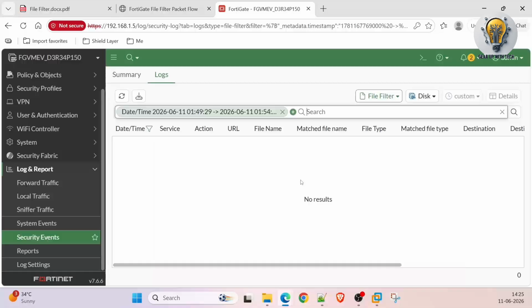So this was all about the file filter security profile in FortiGate: what it is, how it works, and how